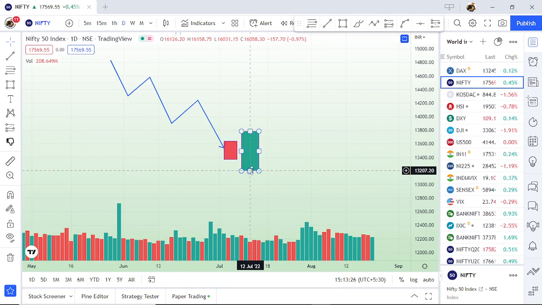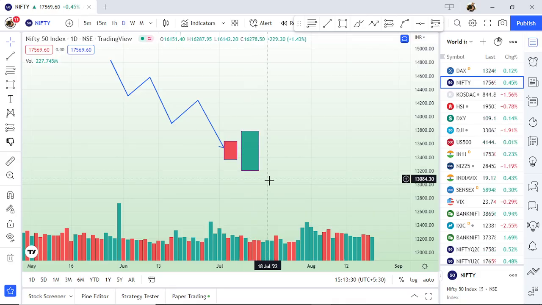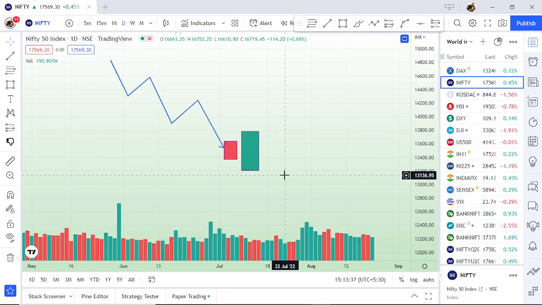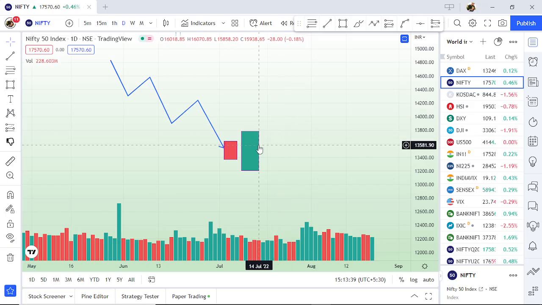buyers, it's like a piercing candle. But here it is covering everything. It is engulfing the red candle, completely covering it. So this engulfing seems to be stronger according to me. According to the analysis that I've done, engulfing tends to be stronger than a piercing candle, because even the high and the low is taken out completely. It is engulfed, it's like it has consumed it. So this is one of the very effective